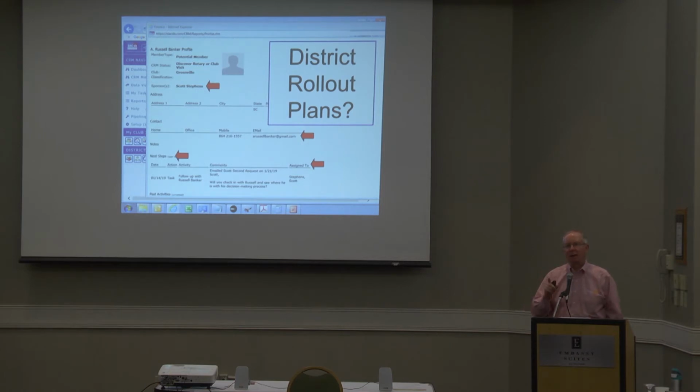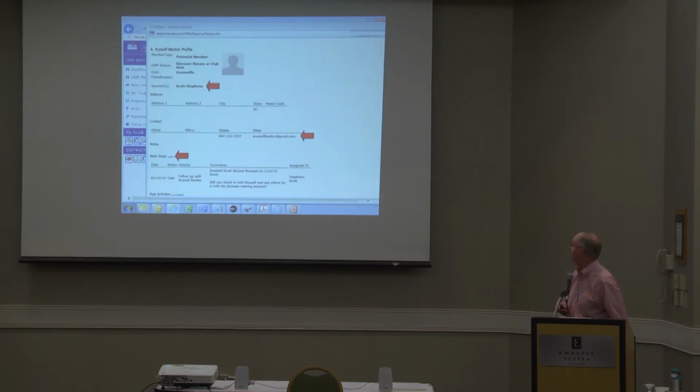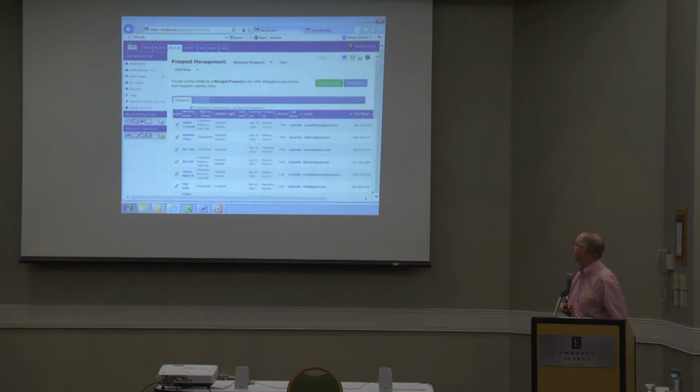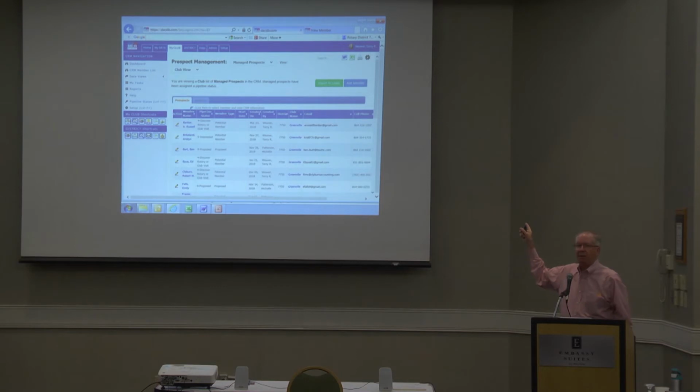Now, I'll answer the question about RI membership leads. In the opening page, you'll see the green button, the only green button on that page, Import RI Leads. That is usable by anybody who has sufficient access in My Rotary to get the prospect list that Rebecca was showing yesterday. That's downloadable as a CSV file, and it's all the information that the person entered when they came